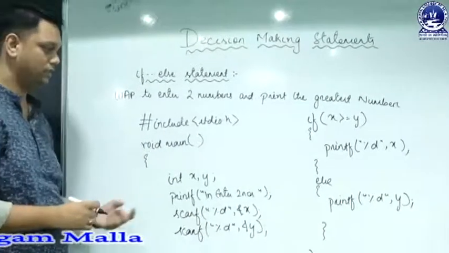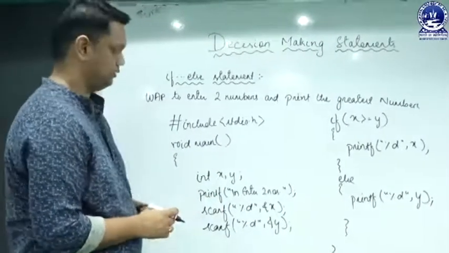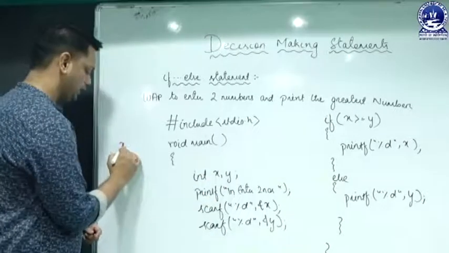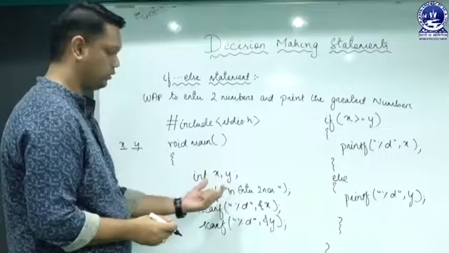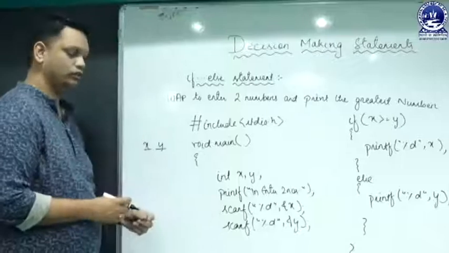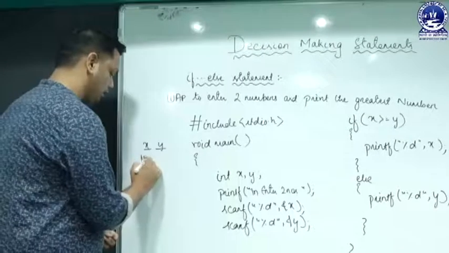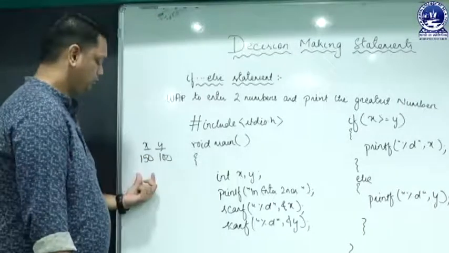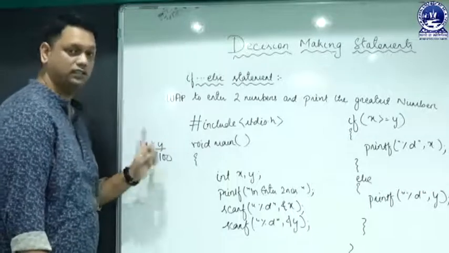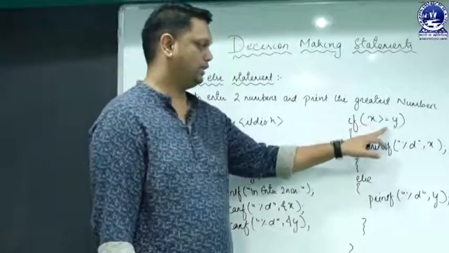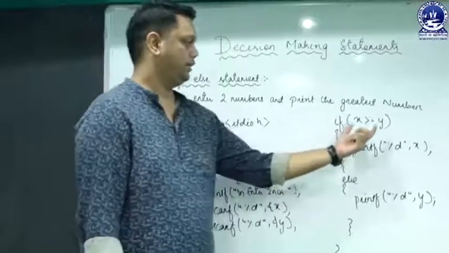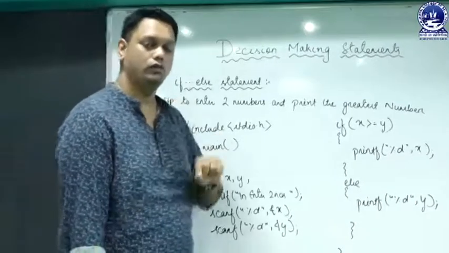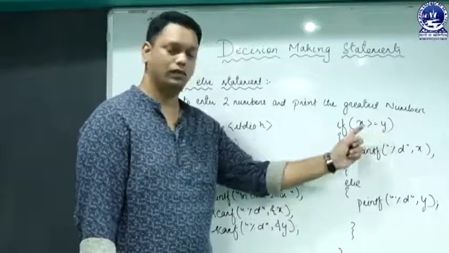So now let's check the result, whether we are getting the right result or not. We have taken two variables x and y. It will reserve two memory locations. Now we have to take the values of x and y. Let's say x has value 150 as the user has entered it and y has 100. So 150 has been initialized to x and 100 has been initialized to y. Now we have to check it over here. The first condition is x is greater than or equal to y. So is 150 greater than or equal to 100, yes or no? The condition is true, 150 is greater than 100.